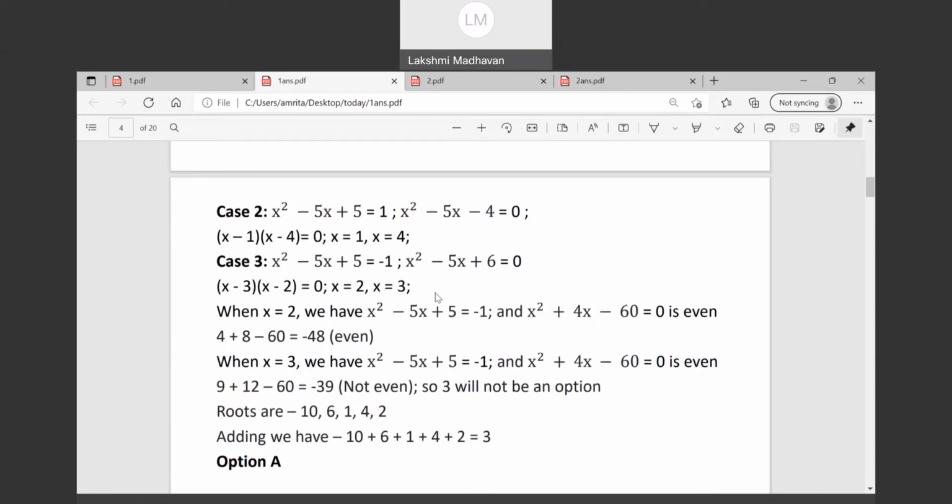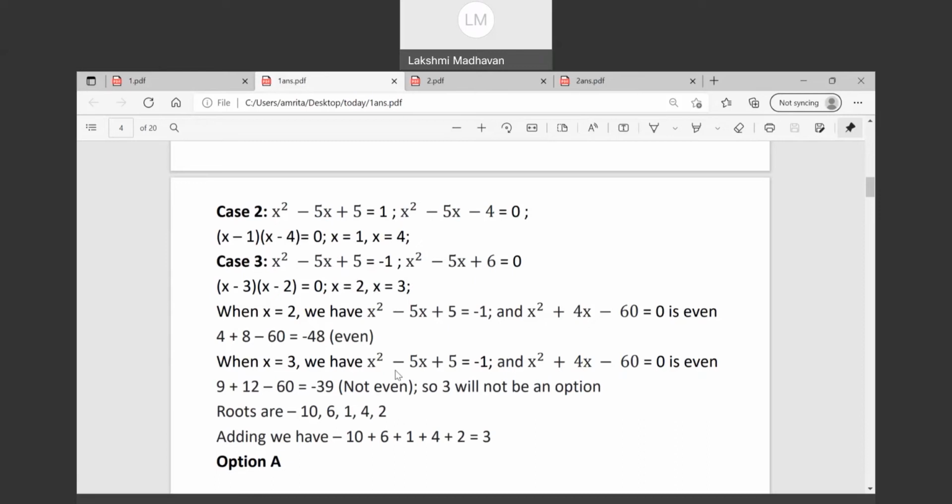Now we already have an idea that the number should be even. Now trying with the possibilities, trying with the values that we have as solutions. So the first option is 2 and the second one is 3. Now we are going to substitute this and find out whether the result is